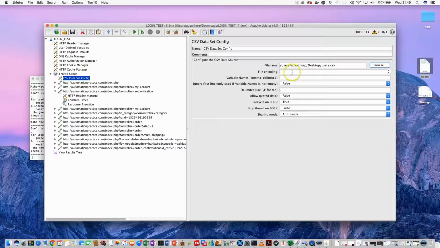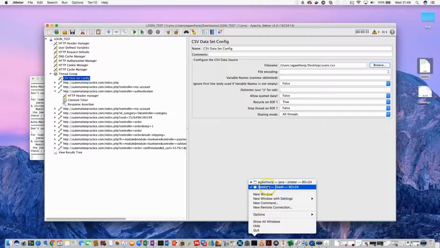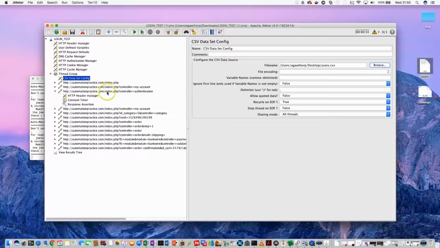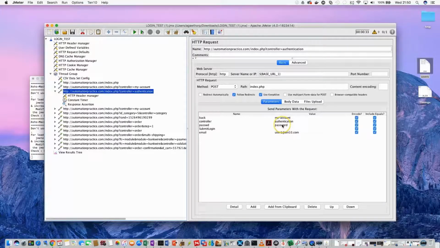It's comma delimited, the file, rather than tab delimited. If I actually just bring this up here, there we go. Yep, you can see. That is just a fairly standard username CSV file, username, password as column headings, and then user 12345 that we've created within the application. So in order to use these within here, we need to indicate to JMeter that instead of using that hardwired password, we want to use a variable which we indicate using this notation here, and then we need to do the same for